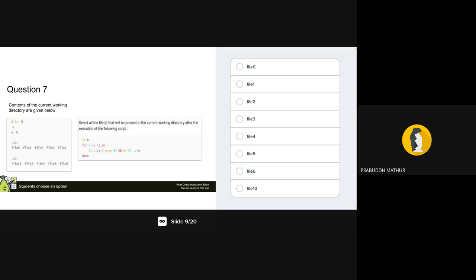So the left files will be only file 10, 5, and 6, because those are not present in the A directory. So only the files that are present in both A and B will be moved. Whatever common files are there in A will be moved again to A, and whatever is left in B will be the unique files.